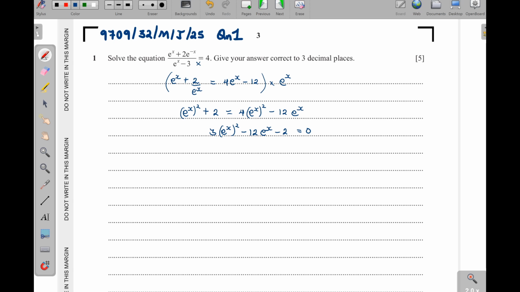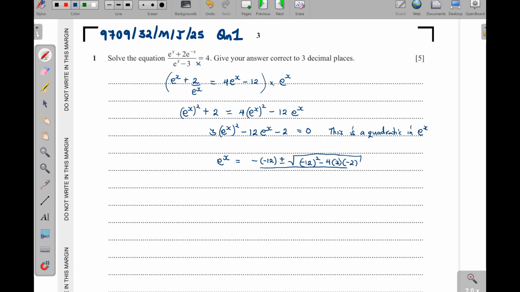Now this is a quadratic. This is a quadratic equation in e to the power of x. Okay, so I can solve this one, because it cannot be factorized, using the quadratic formula. So e to the power of x is going to be equal to minus b, so there's a minus, then minus 12, plus or minus the root of b squared minus 4ac,